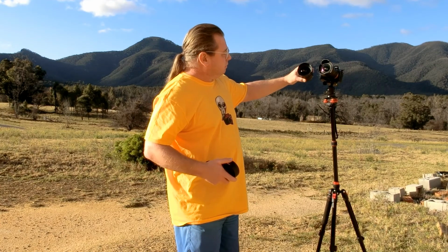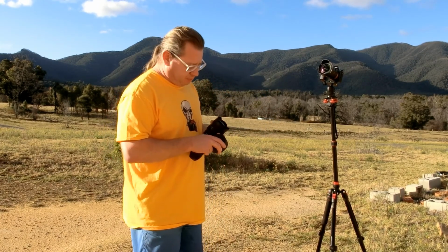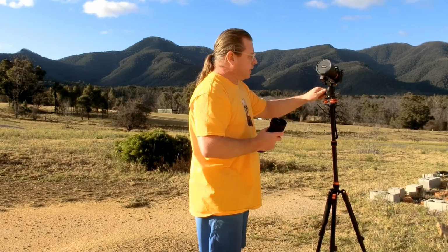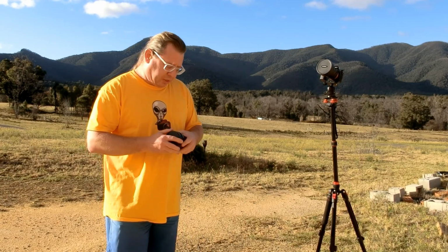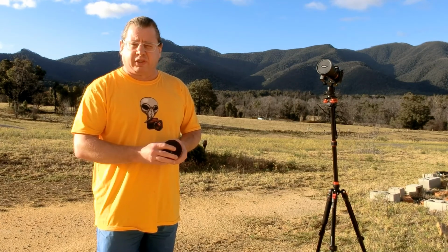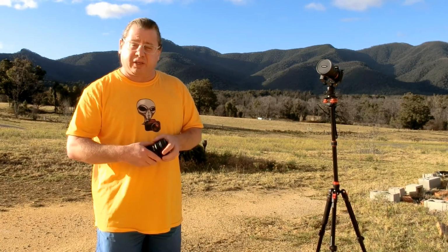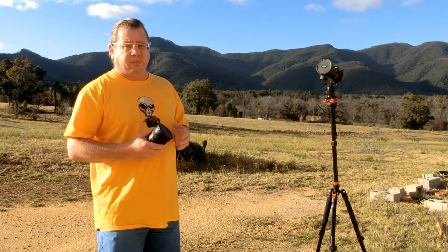I mean, there's a heap more glass there compared to this one. And yet, somehow, this lens lets in 1.3 stops more light than that one. So Sony's done some sort of amazing optical magic with this lens. And it's a G Master lens. I mean, it is what you expect for a G Master. It's an incredible lens, and I really recommend that you get it if you're interested in very detailed